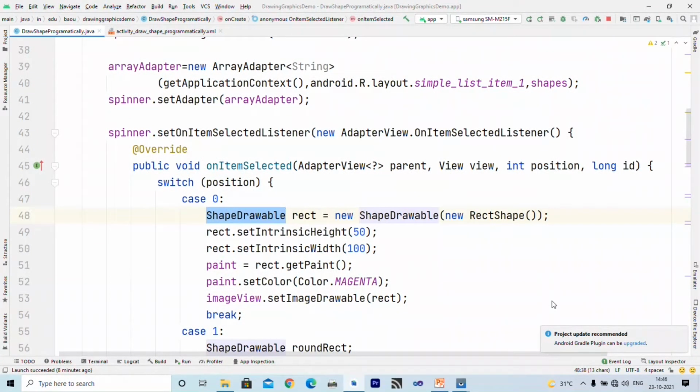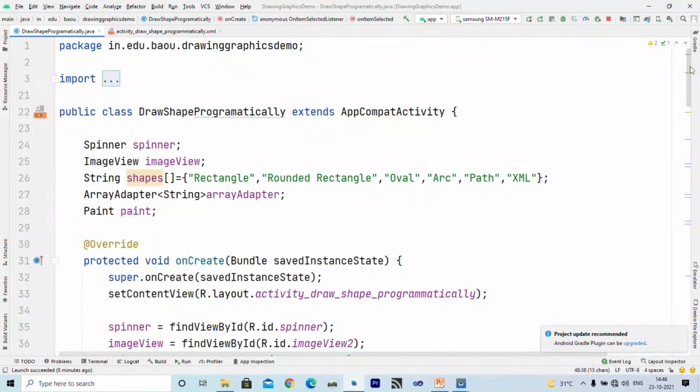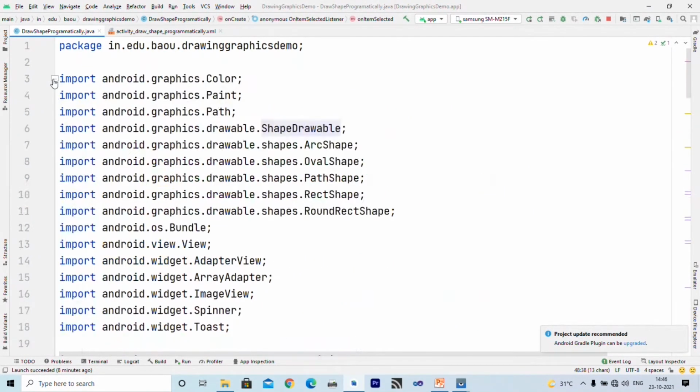I have declared one ShapeDrawable. If you see the import section, inside the graphics package there is drawable, and inside drawable there is one class called ShapeDrawable. So using ShapeDrawable we can draw different shapes, right?